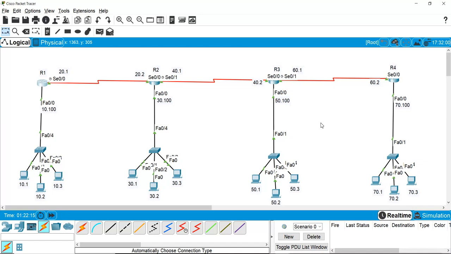If you have a small network, it is okay, but if you have a big network, then making the entries of every network in all your routers, not only router 1, you have to make the entries on every router of the network. So it is difficult sometimes, and it is not manageable sometimes. It is very fast, but it is good only for a small network where you don't have to manage multiple routers or multiple different networks.